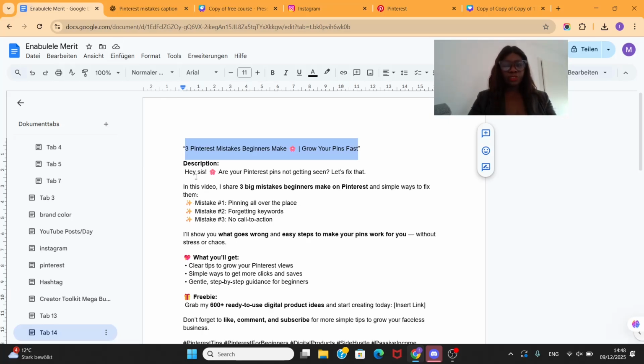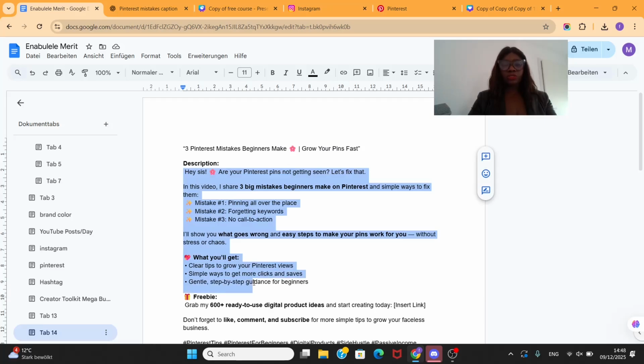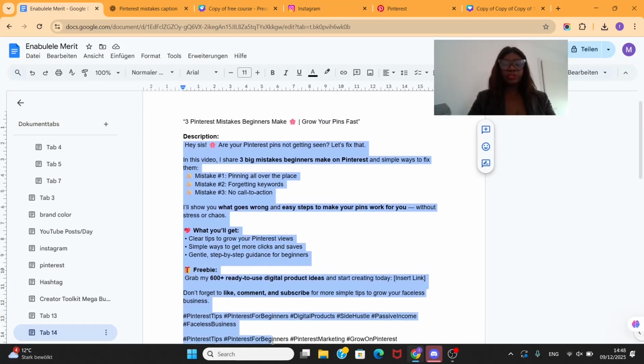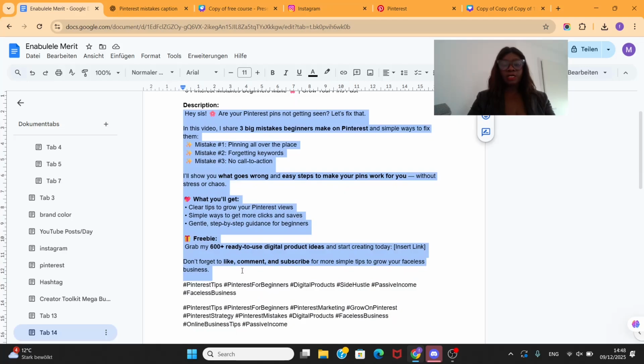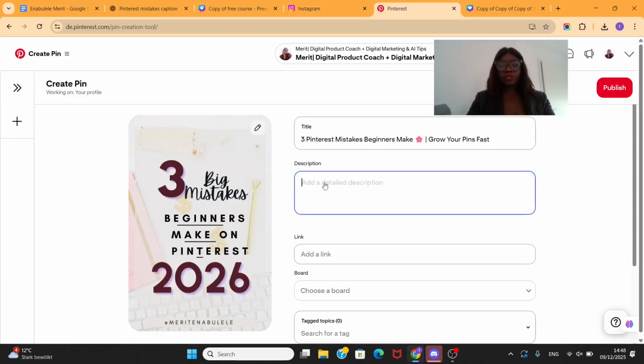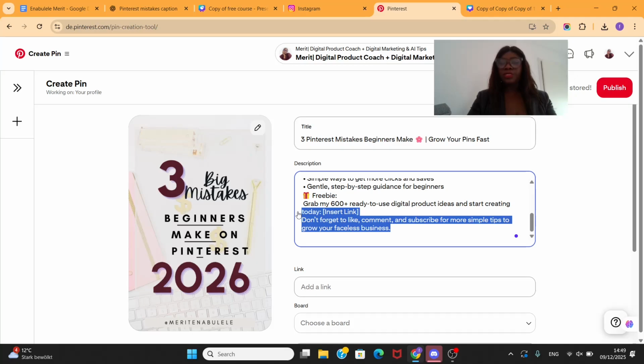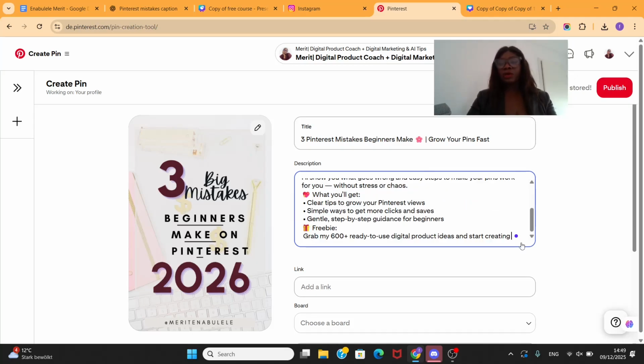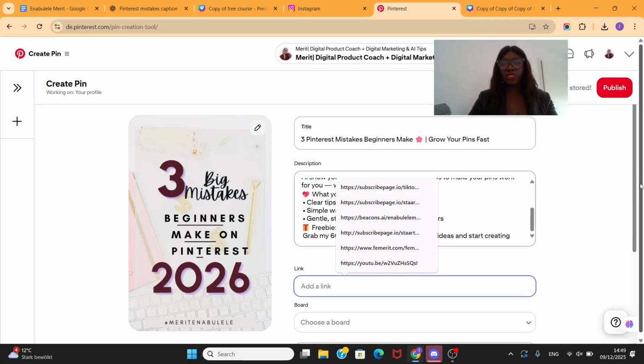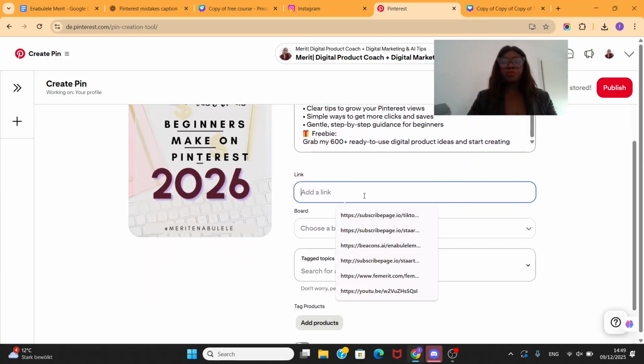The next thing we're going to do is to give a description. Description is going to make sure that people understand what it is that you are talking about in your Pinterest, right? So you're going to add your description, right? For some of you also, you need a link to your Pinterest. Whatsoever it is that you're promoting, for me, this link over here is going to be a link to this Pinterest video, or I can add another Pinterest video,